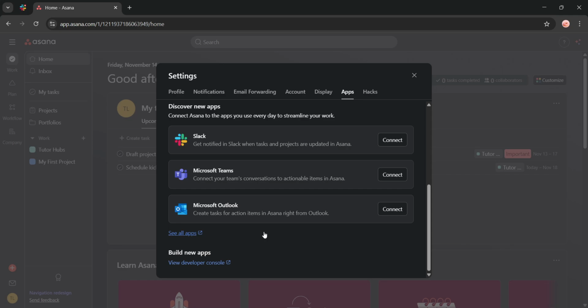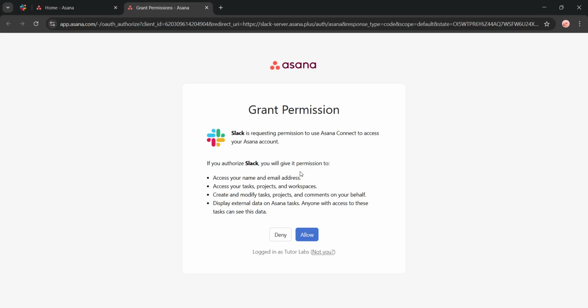Now, let's say you want to connect Slack to your Asana workspace. Find Slack in the list and click the Connect button next to the app name. This initiates the integration process. You'll then be guided through some on-screen instructions asking you to authorize the connection. This step is important because it grants Asana the necessary permissions to communicate with Slack and share relevant information between